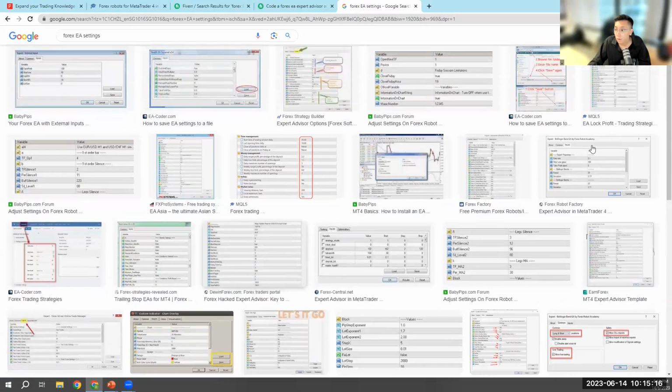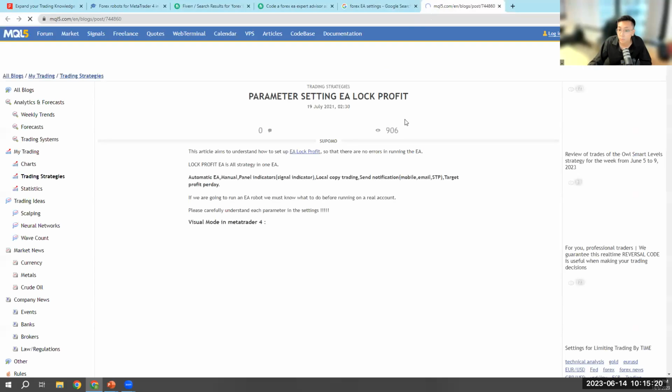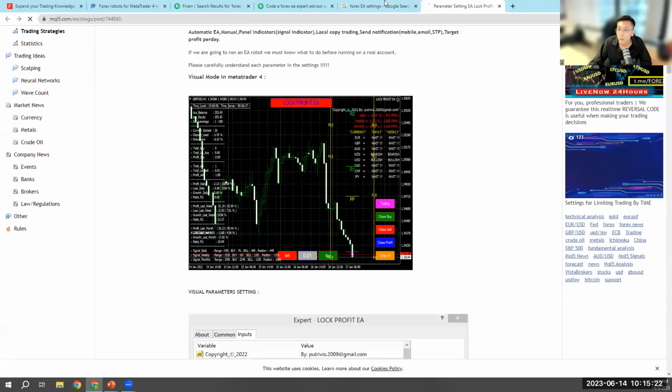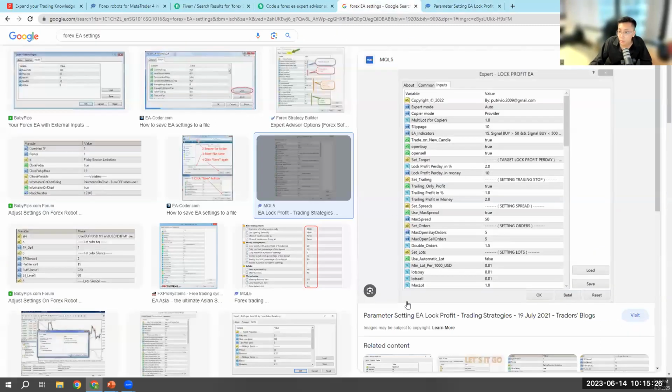Okay, so let's take a look at one of these EAs. Let's say you have a strategy, and this strategy is quite complicated. Then your settings will also be kind of complicated.